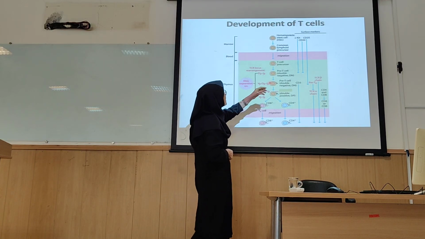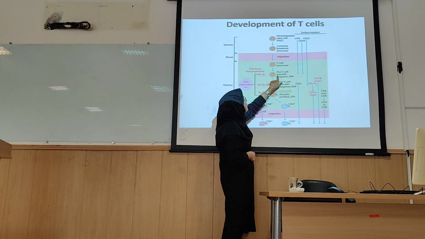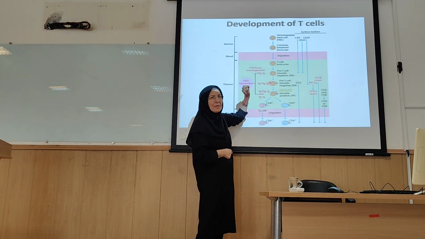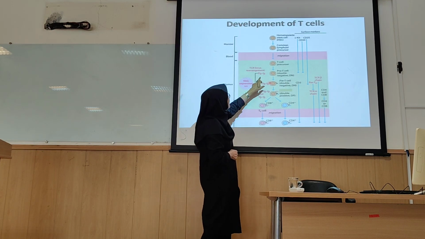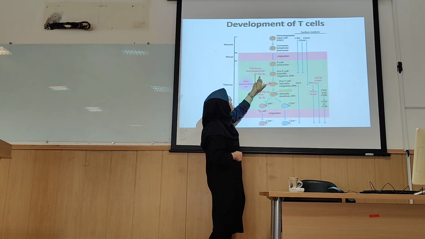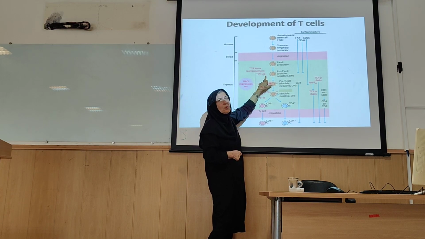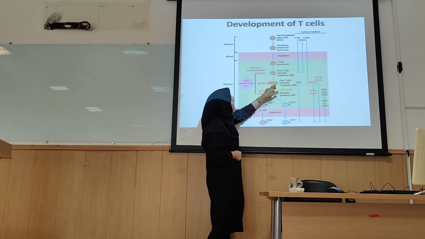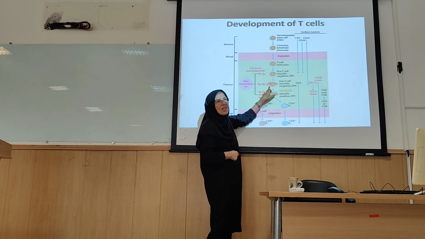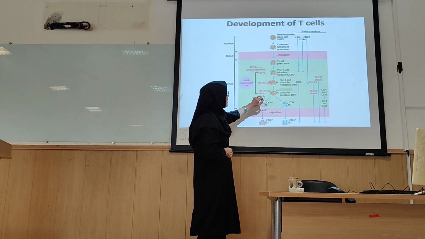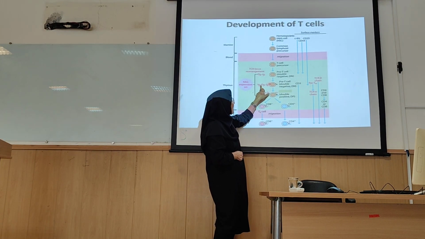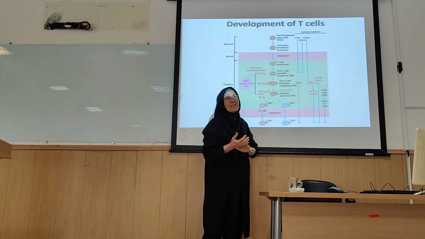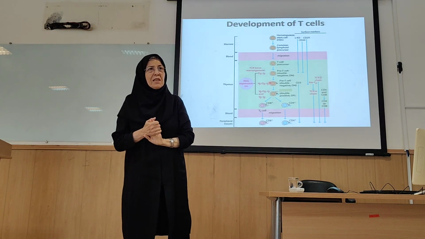These T cells develop to pro-T cells, and in these stages it is similar to B cell development. In the pro-T cell, the D segment joins to the J segment in the beta chain. And after that, in the pre-T cell, the rearrangement of the beta chain VDJ is completed, and here the T cells are double negative. What is the meaning of double negative?